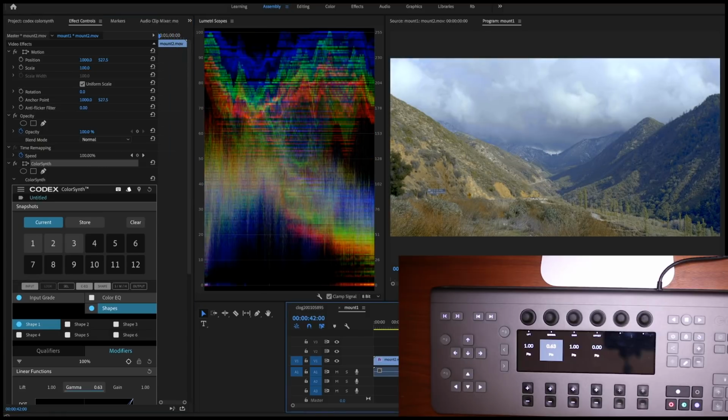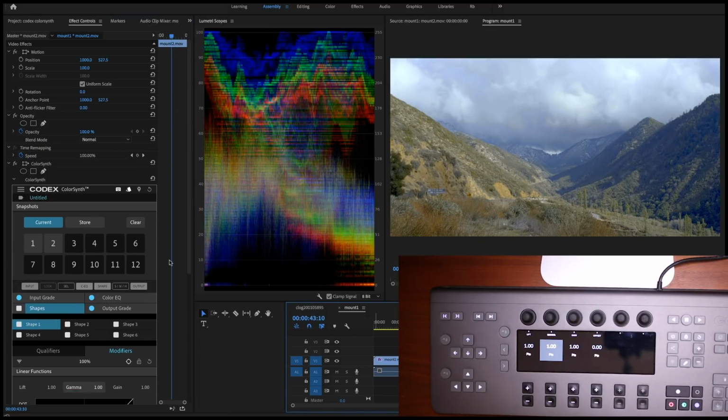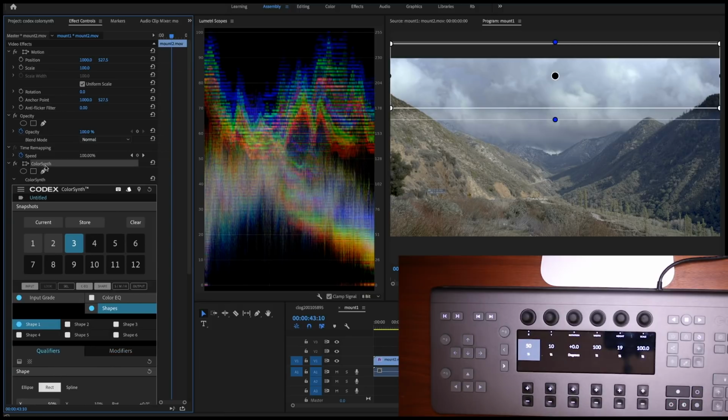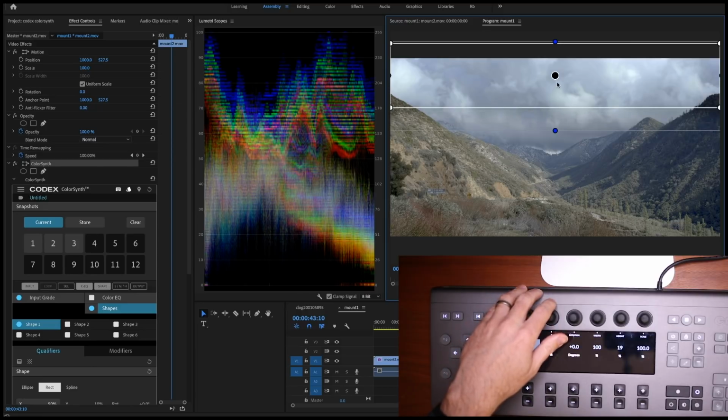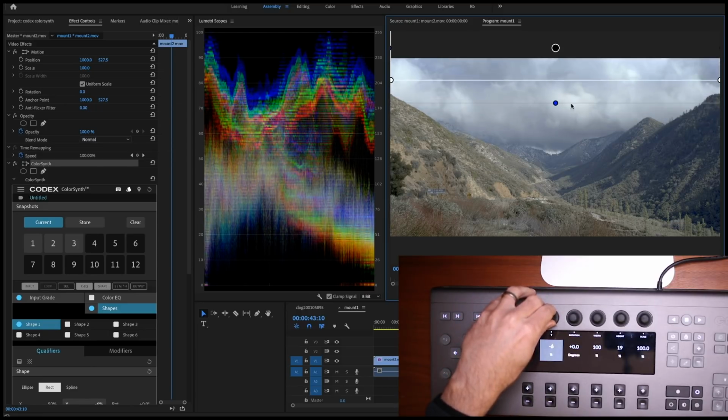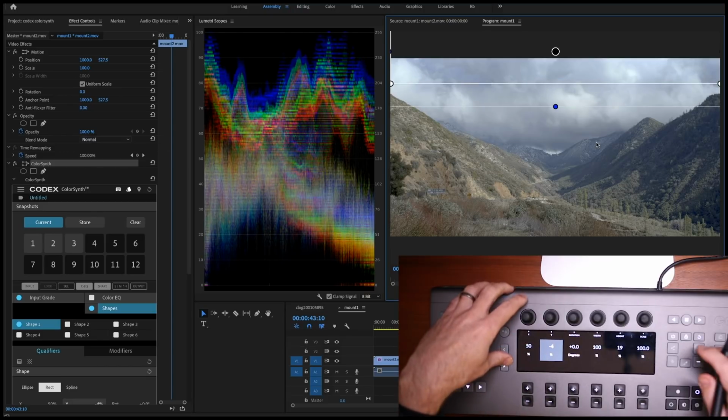So go across to my second clip here, say I'm going to activate that, activate number 3, and then I can go to my qualifier again with the ColorSynth selected and see what's going on here, push this up if I wanted to, pull out the feather,